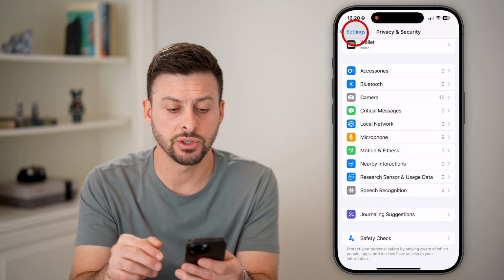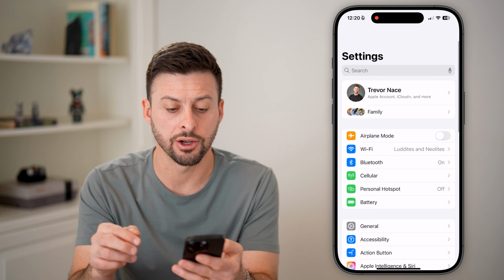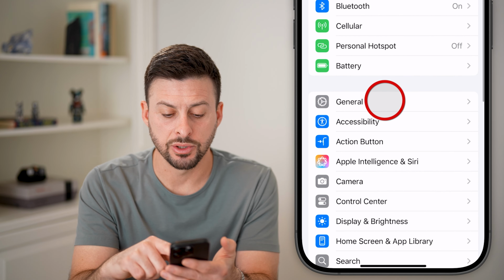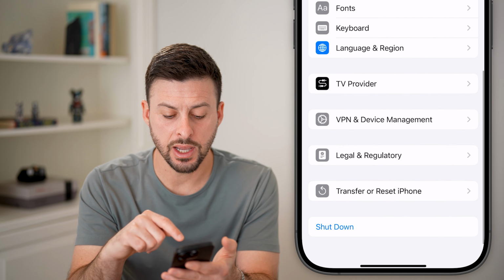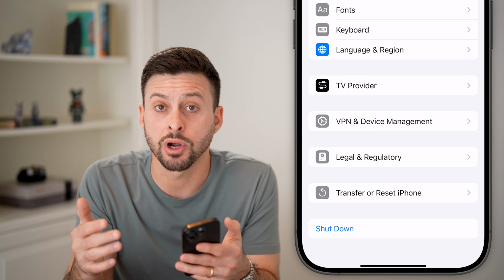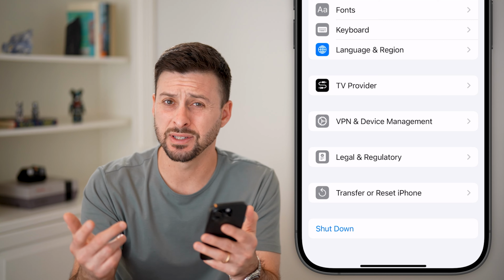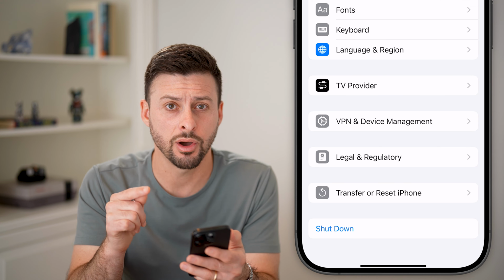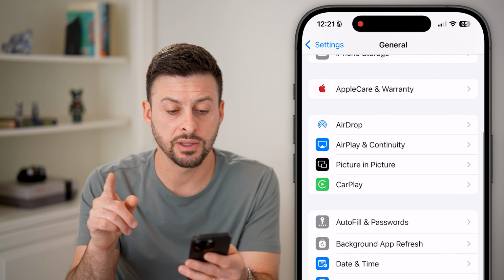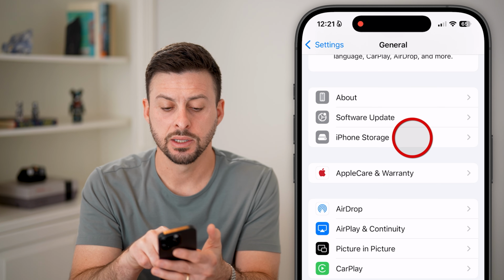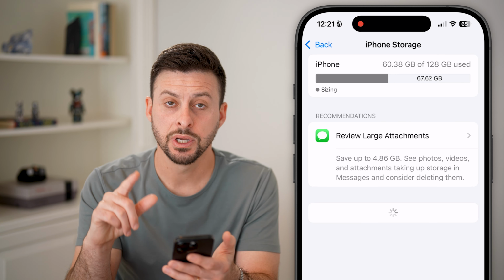the next step. Let's go back to the very beginning here. We will tap on General, scroll down, and then tap on Shutdown. You'd be surprised how many times just turning your phone off and restarting it fixes a lot of bugs or glitches on your iPhone. After you've done that, let's scroll up here, tap on iPhone storage, and you're going to